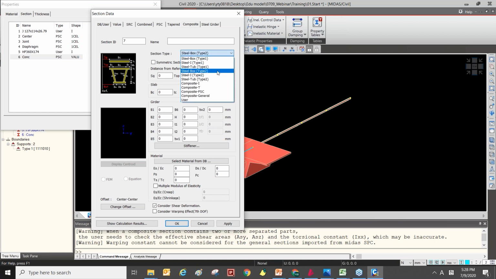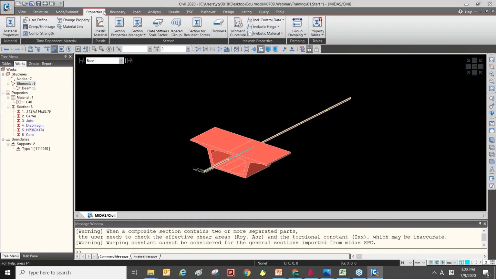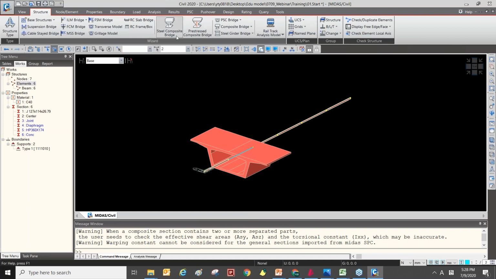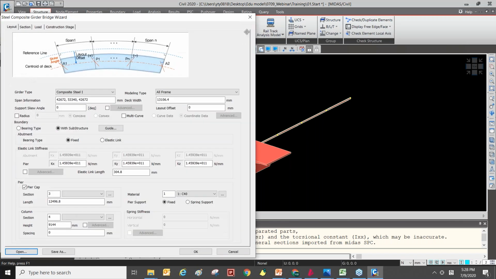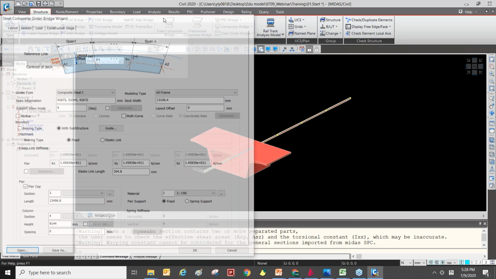And also there is a limitation of type 2. If you want to use the steel composite girder wizard here, the steel composite bridge wizard, for this wizard, the steel composite girder type 1 is available only.